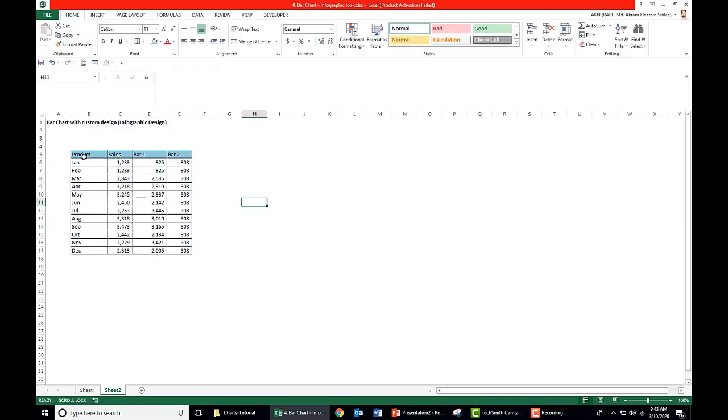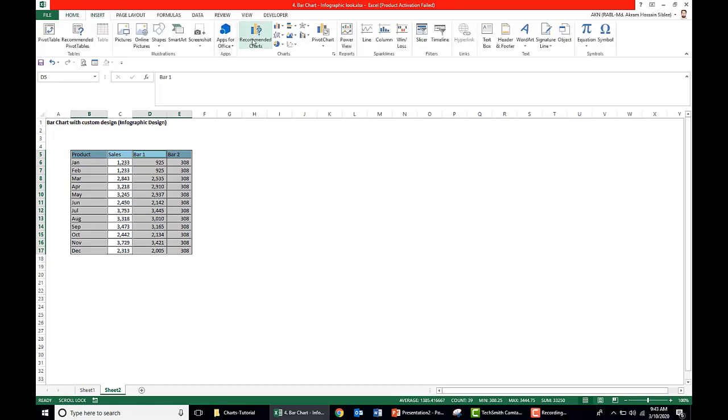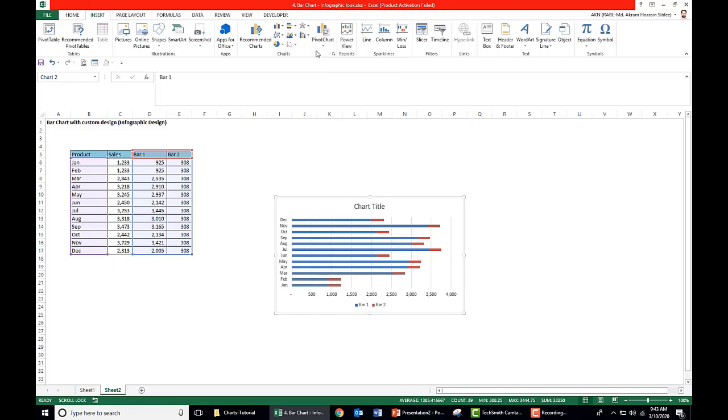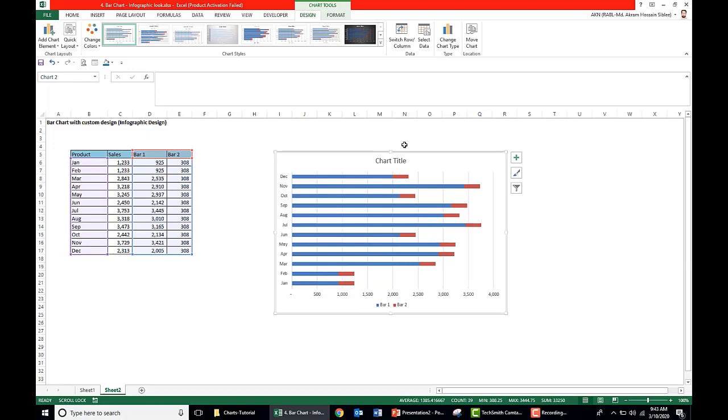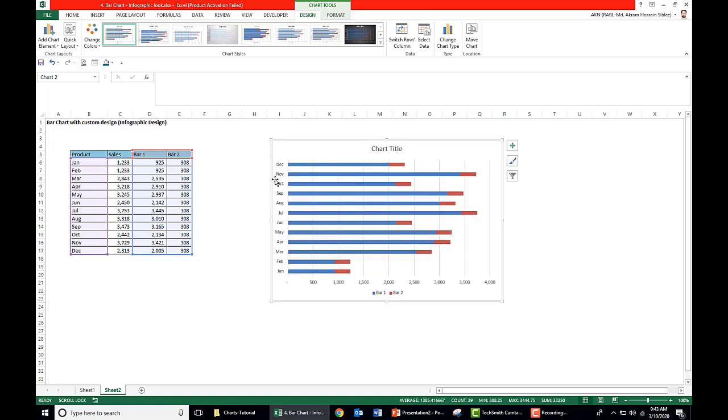Now we select the data and select bar 1 and bar 2. Actually this is the segregation of this total cells data. Go to insert, go to the 2D bar and take this stacked bar chart. Now we need to reorder this axis here. The axis name is not in the right order.